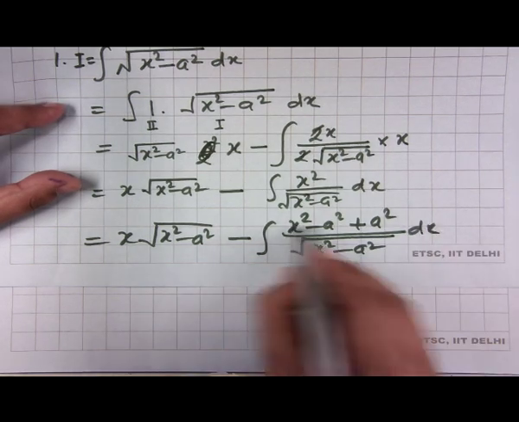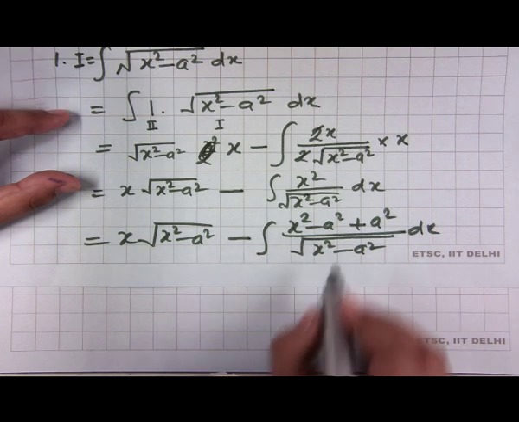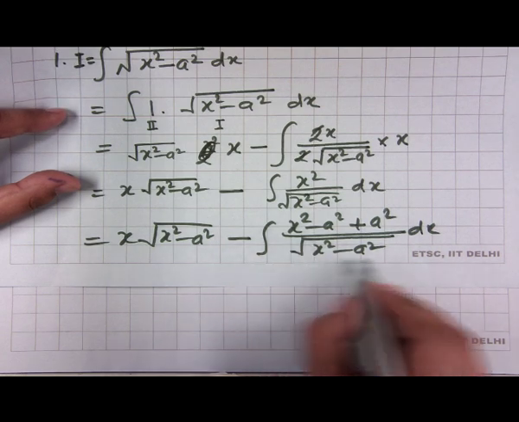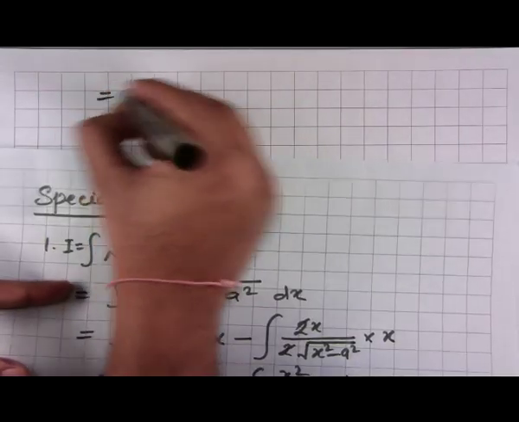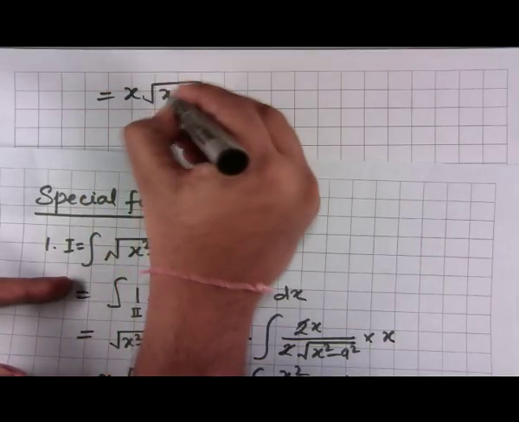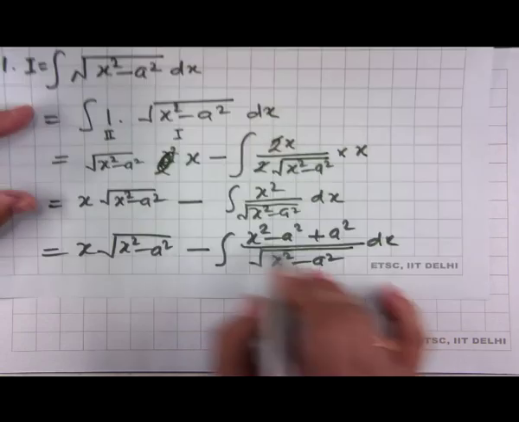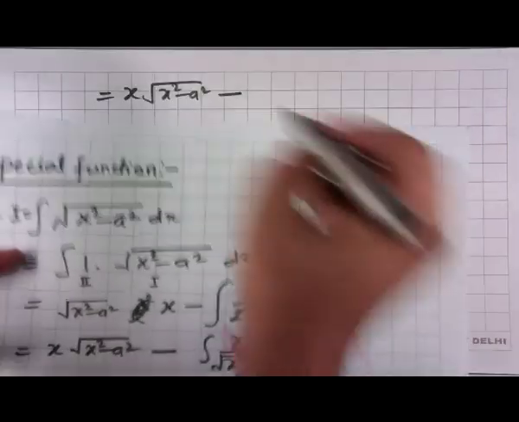Easily you can see x square minus a square here can be divided by square root of x square minus a square. So, I will get 2 integral terms here, which will give me first term x square root of x square minus a square minus integration of x square minus a square divided by square root of x square minus a square,